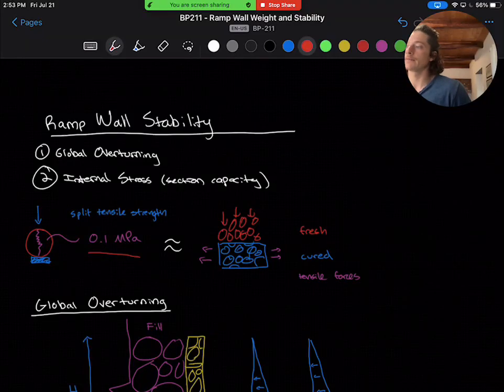In the following section, we'll describe a strategy for checking ramp wall stability. Like most structural components, we'll have to check the global and internal forces. So first, we'll check the global overturning of the ramp walls experiencing a lateral hydrostatic force from the fill material. Then we'll check the internal stresses on the stone masonry ramp walls in shear and flexure while resisting that lateral